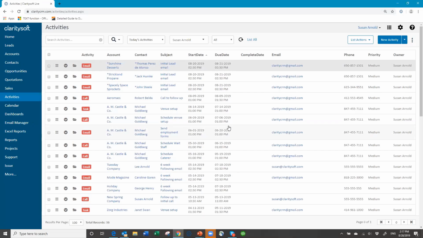And then just as a reminder to everybody, when you're in activities and you see an asterisk next to the name of a company and a contact, that means they are coming from the leads module, okay? So that allows you to differentiate whether this is a lead or an account record. All right, so there's an action plan to be applied, very quick and easy. Now let's go back to